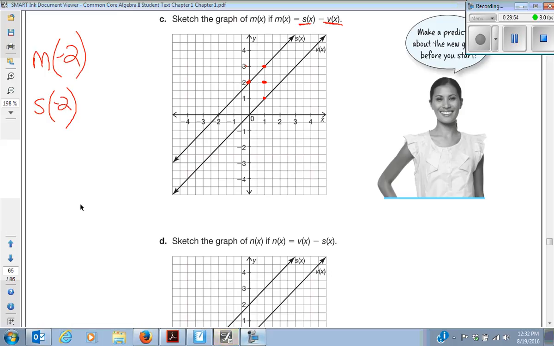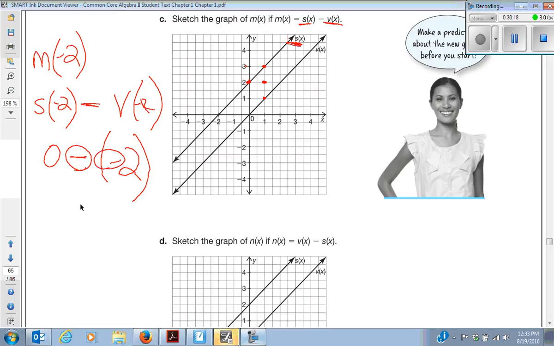What's the value of that? s of x, when it's at that, is 0. Does everybody understand that? And I'm going to subtract. What is v at negative 2? v at negative 2 is negative 2. So I plug in here a negative 2. What happens when I have a negative and a negative? It becomes a positive, and it becomes a 2. What are you noticing right here? It's a